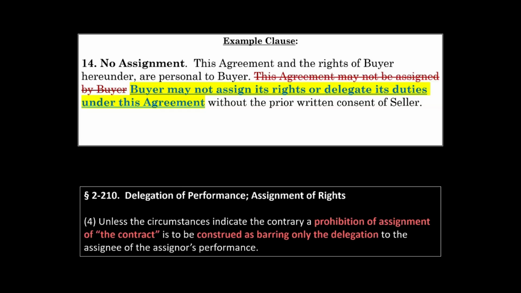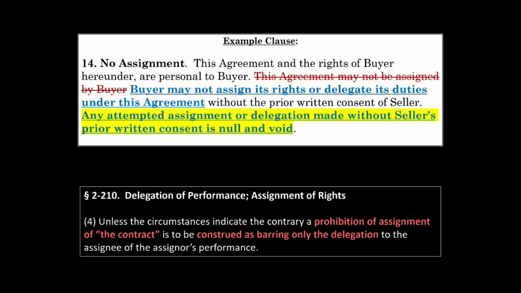In these jurisdictions, if the contract parties intend to make an assignment in violation of their no assignment clause not only a breach of the contract, but also ineffective, then the parties must be more explicit about that intent in the no assignment clause. Stated differently, the no assignment clause in the parties' contract must look something like this. Press pause now to read this revised language to see how it makes the parties' intention clearer. So the upshot of all of this is that what is legally required to make a no assignment clause both valid and effective can be fairly rigorous and exacting.